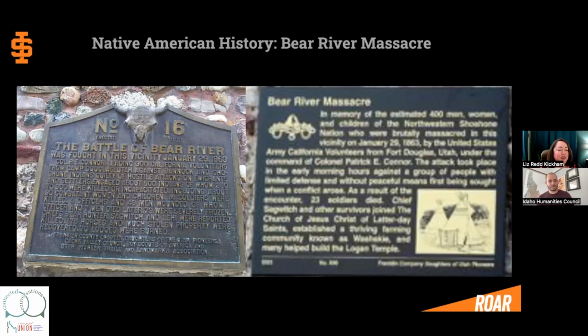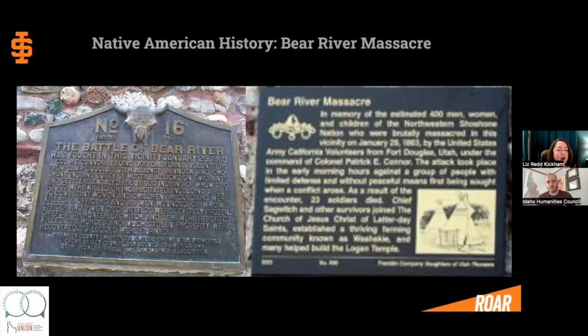Thankfully, there's been a new plaque placed, and this is a very, very fuzzy image. It's the best one I could find because it's very recent. It just happened this past year. But it reads Bear River Massacre. And again, this is in contrast to the Battle of Bear River. And it reads, "In memory of the estimated 400 men, women, and children of the Northwestern Shoshone Nation," so upholding sovereignty, very different framing,